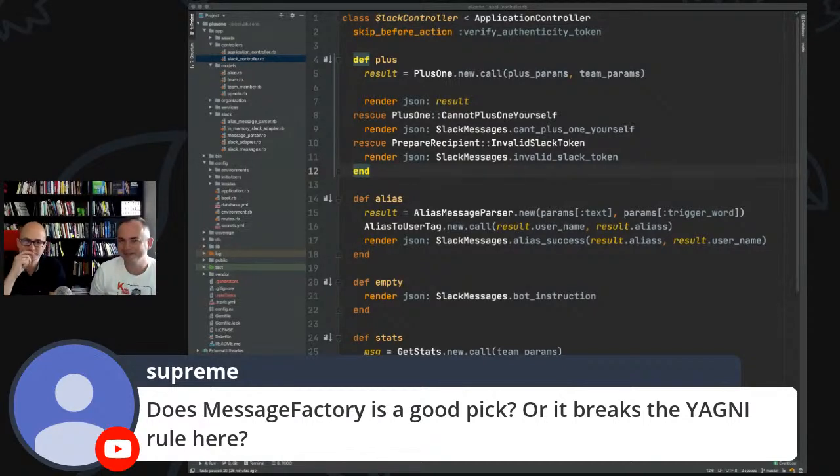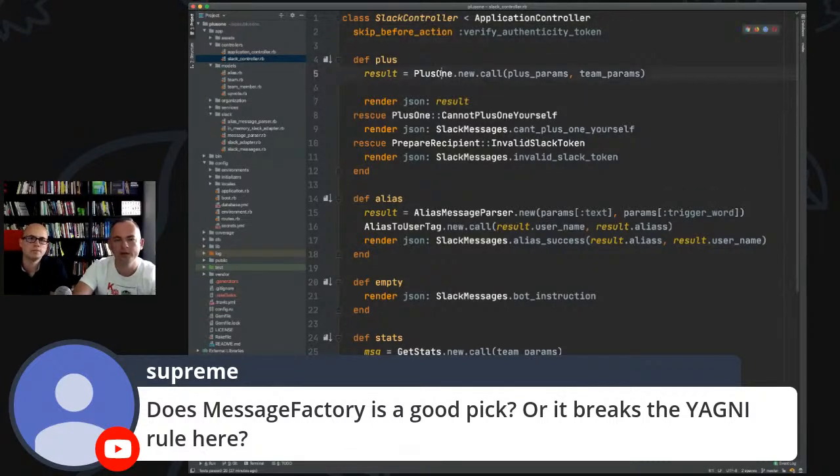It's a small application, but in the long term, I would go with this approach, where I would have some kind of message factory or message source, as we actually call it. We have such an abstraction in Java as well. But for now, I would stay with what we have. I just wanted to show my impression about it.